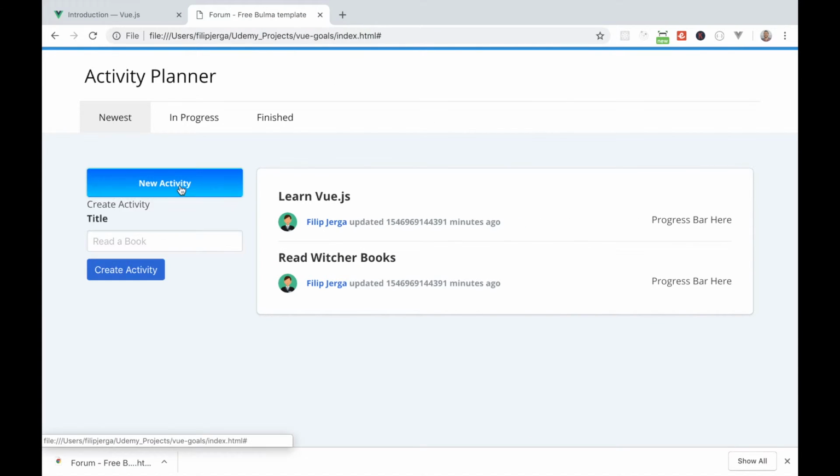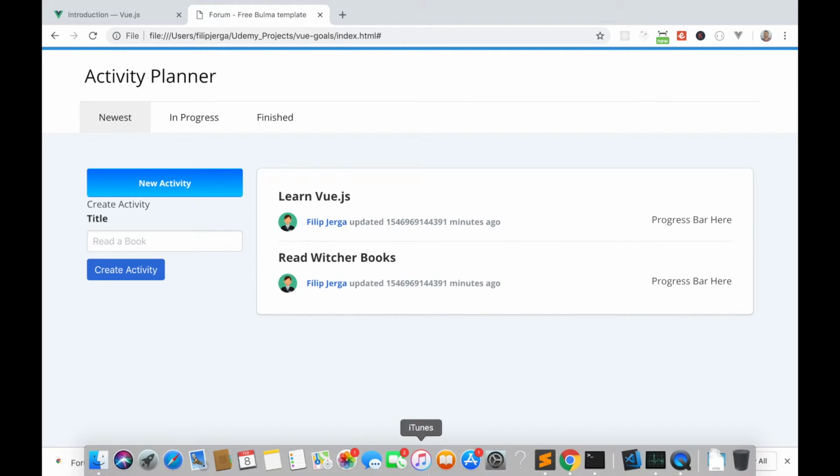Okay, refresh, new activity, and now we are toggling here. Perfect. But what is important here, I would like to get a value from the input. So when I write some value in here, I would like to save this value to some variable so I can work with this value and I can save this new goal, this new activity, I'm sorry. Okay, so this is actually very simple. We can go back to our coding editor,